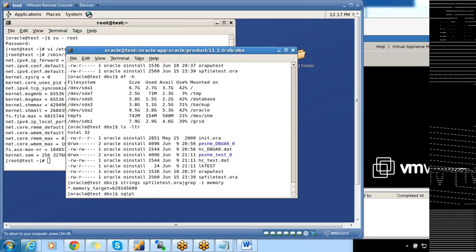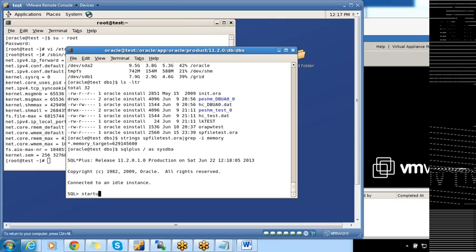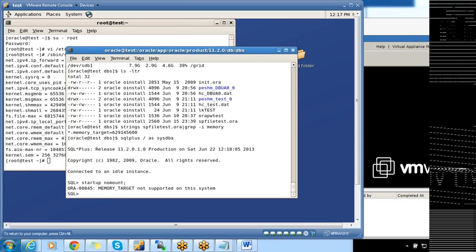So let me change the value. Okay. This 188 MB is being used by ASM. ASM will also have an SGA and it is using 154 MB of SGA. So what we'll do, we'll change the 629 to 500 MB. So sqlplus / as sysdba, startup nomount. Okay. Will this work? It will not work because memory_target itself is not correct. Yeah. So what we have to do is create pfile from spfile.